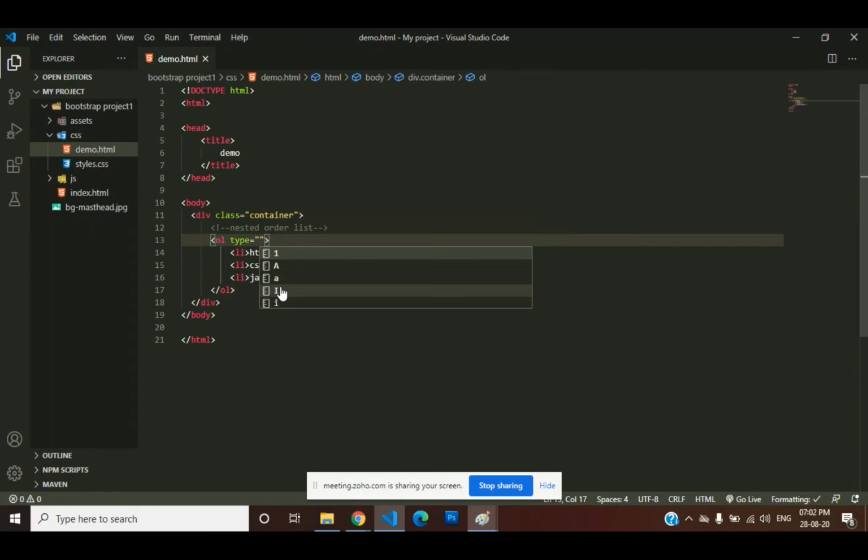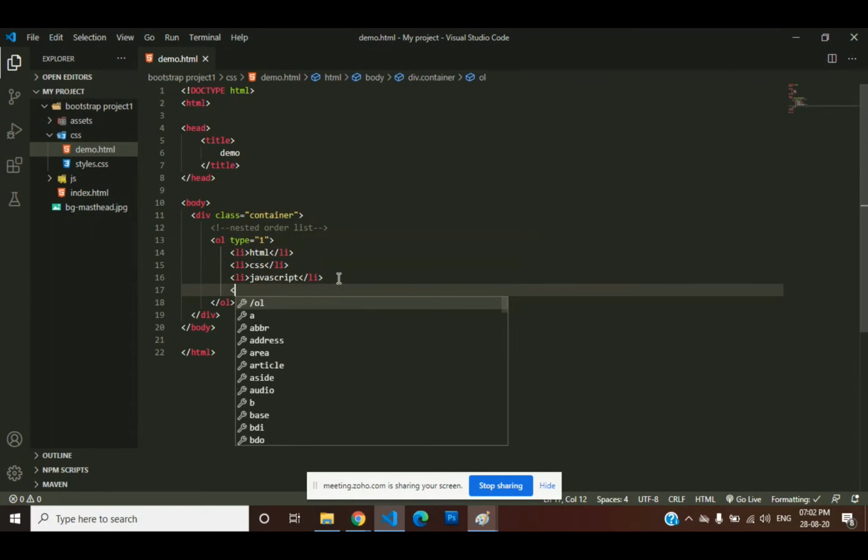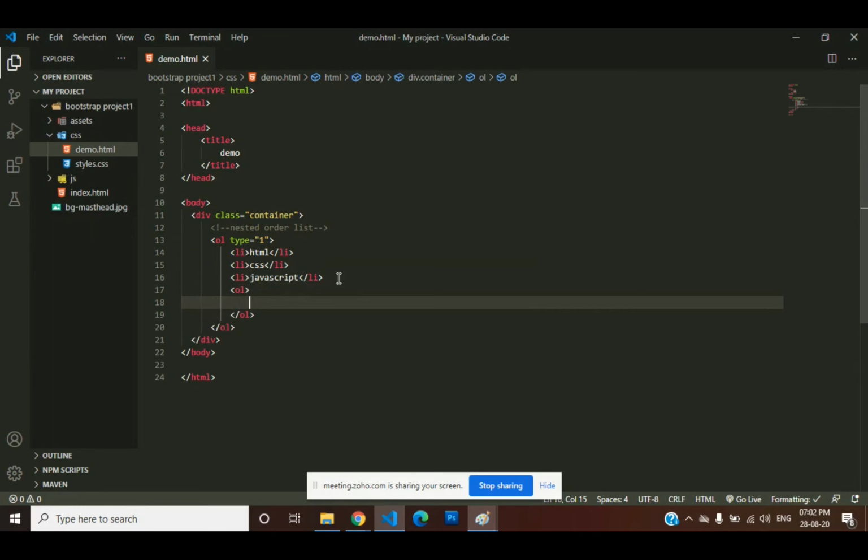Okay, fine. Now I am taking the OL type as the first one. In this, again I am going to insert another OL. Why? Because what is our definition? Nested elements, a nested array of elements, is our definition of the list. OL is one type of element. In that, again I am inserting another OL. That is the definition of a nested ordered list.